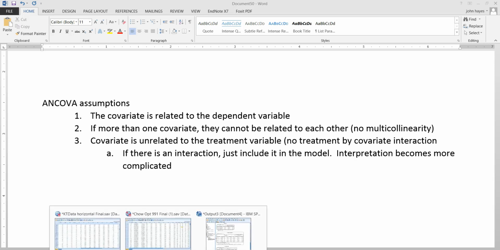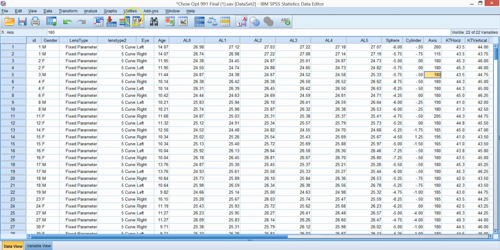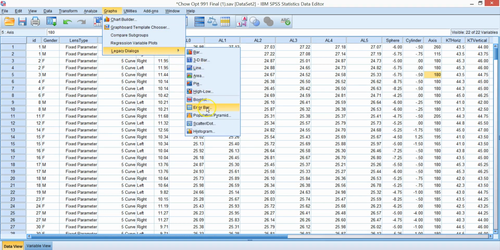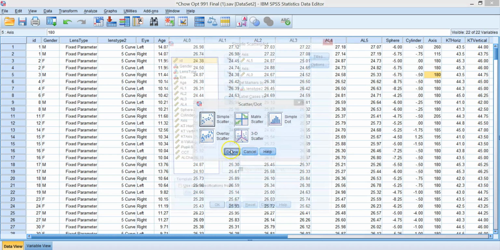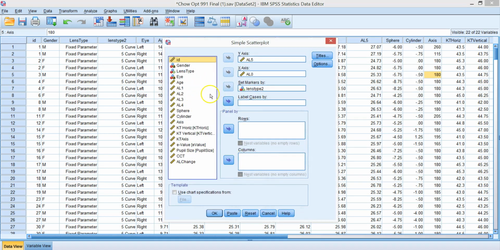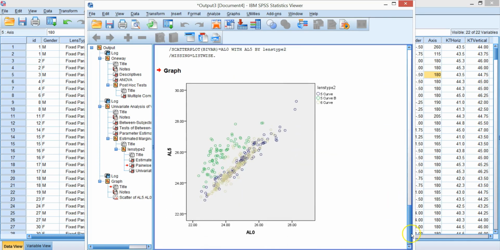So let's look at our data set. And our question is, if we go to graphs, is there a relationship between axial length and baseline, and are the groups parallel? So we'll just first look at this graphically. You can just do this with a simple graphical look. So here we get our scatter graph,